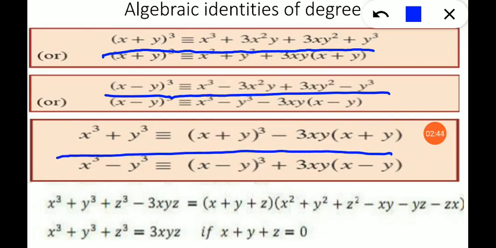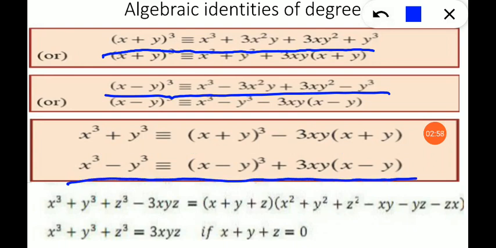The third identity, x cube plus y cube is equal to (x plus y) whole cube minus 3xy multiplied by (x plus y). Then fourth one, x cube minus y cube is equal to (x minus y) whole cube plus 3xy multiplied by (x minus y). Then we have one special identity also, x cube plus y cube plus z cube minus 3xyz